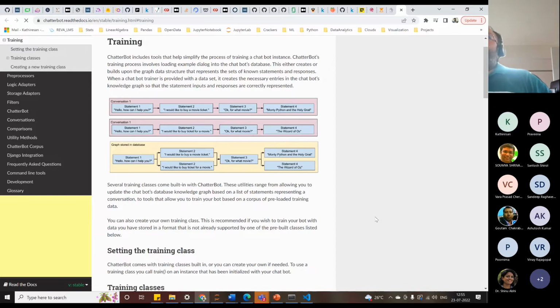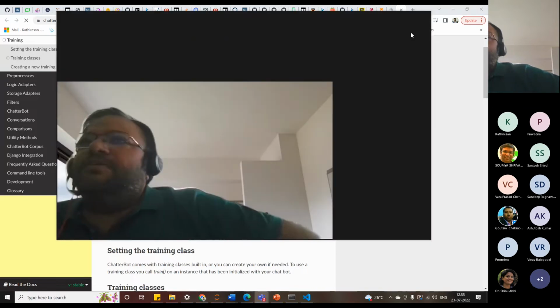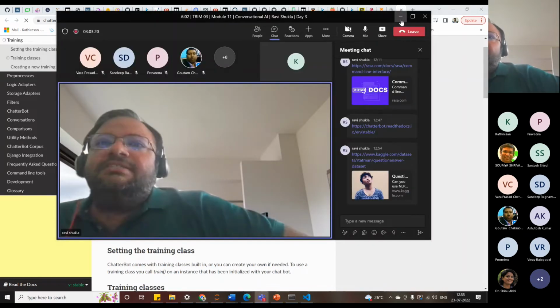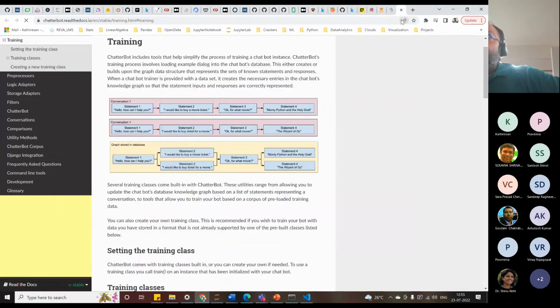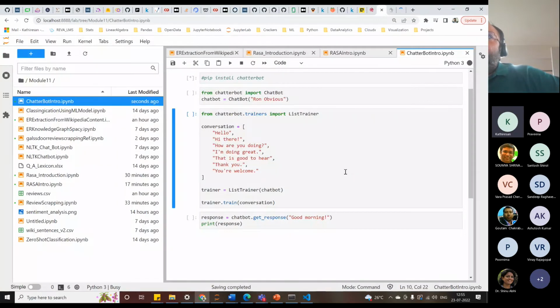This is actually more of a graph kind of or entity pair kind of answer, but no worries. So is it running for you, Kathiresan, the code? It is still running. Okay, no worries. Anybody who has already installed Chatterbot?